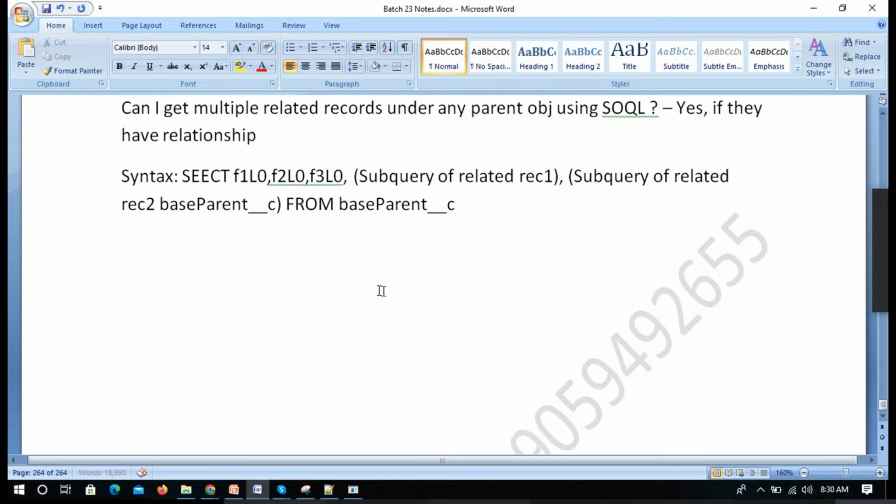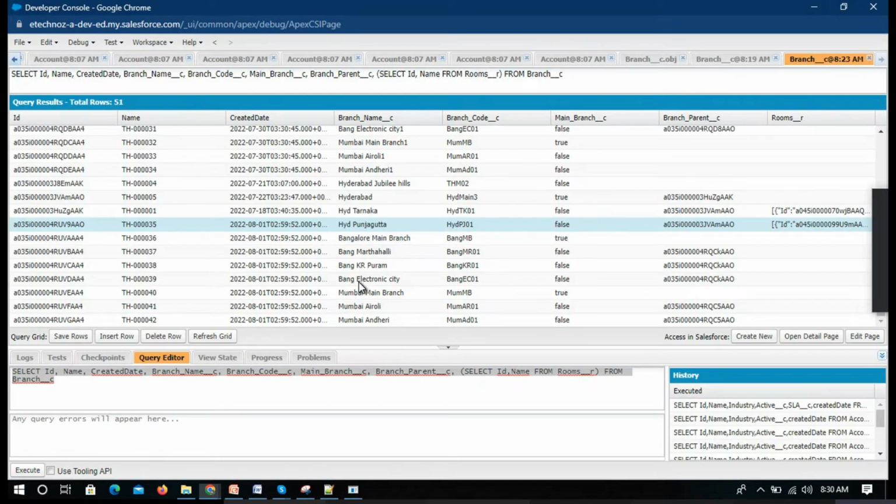So let's suppose I need rooms, and it is also connected with the same branch object again as a child relationship. So I'm getting that as well. Select id, name from branch. But here we need to see what the relationship name is. I think it is branches, we need to check. So branches,